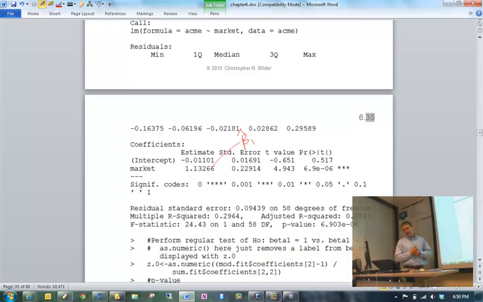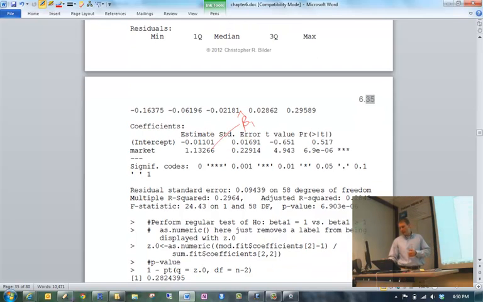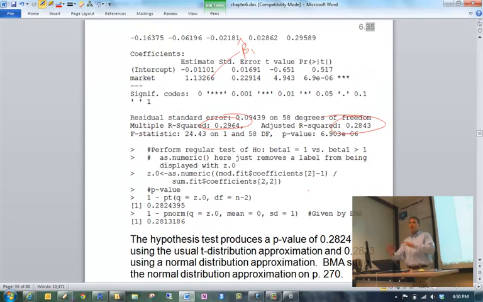Interestingly, at least in finance, I don't usually see people examine R squares at all, but those are the R squares. So you can see it's not perfectly correlated. And then we could do our own regular old hypothesis tests for beta 1 equal to 1